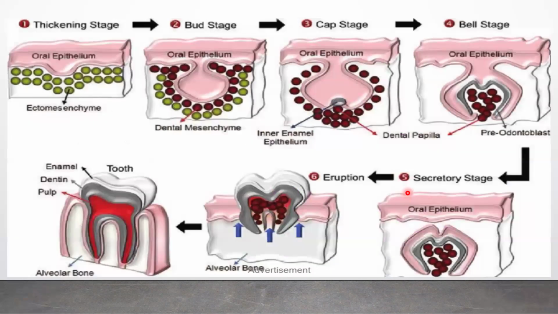Maybe a summary on the same is that we'll have the mesenchymal epithelial interaction. So this is the mesenchyme, and this is the oral epithelium. So mesenchymal epithelial interactions, or epithelial mesenchymal interactions, are the ones that will lead to formation of the teeth. So what happens is that you'll have the oral epithelium first of all undergoing thickening. Then it goes downwards to give us this bud stage,